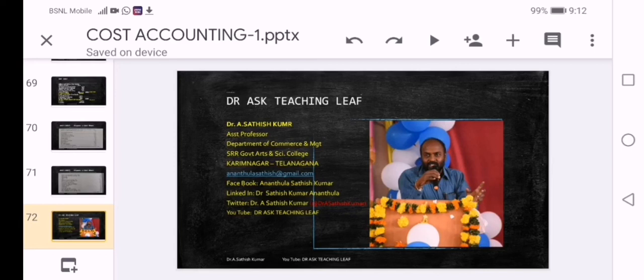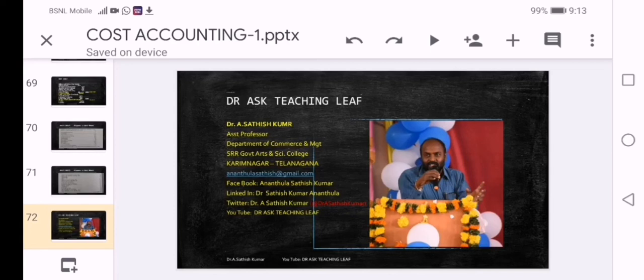Take a print of it or download it, or take a screenshot otherwise, then prepare a model cost sheet with the help of three columns: particulars, rupees column and per unit cost column. Then follow the pro forma we have discussed earlier, and you will get the total cost, which you have to compare with the sales to find out whether we are into profits or losses after production. Dear learners, we are closing this session here.